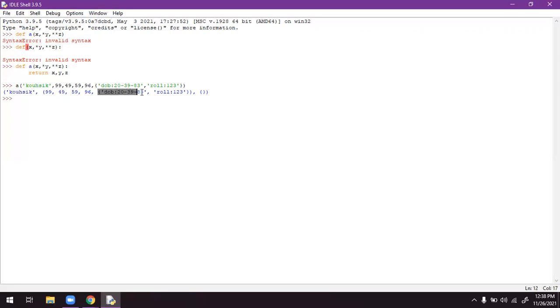For the other details, I got date of birth and roll number, but one of the details is missing, isn't it? To resolve this, I will close the bracket here and take a new bracket separately. If I hit enter, again I'm getting the same error. The other detail is coming as an error.